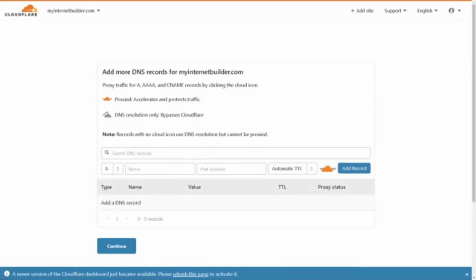Cloudflare then scans your domain for existing DNS records, which it will then import into your Cloudflare dashboard. Once here, click on the drop-down menu and select CNAME. For name, assuming that you want your GroovePages website to display on the home page of your domain, otherwise known as the root page, enter in the @ symbol. Where it says domain name, enter in